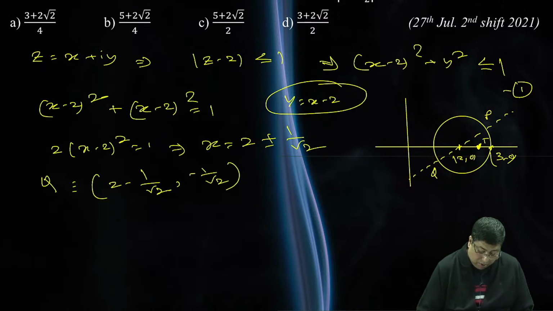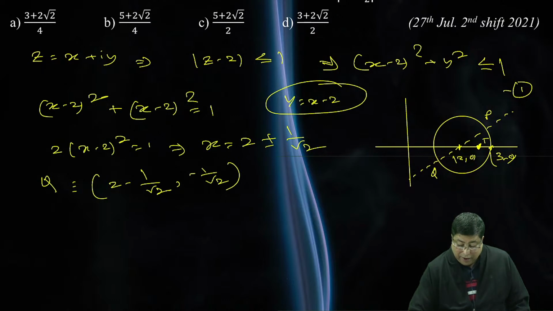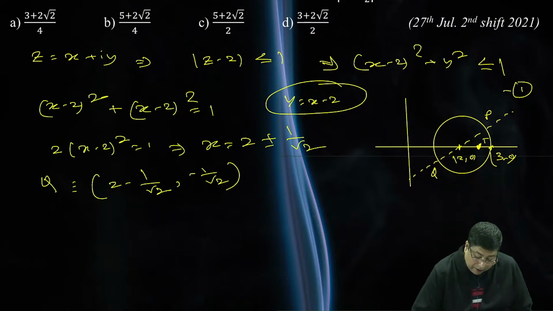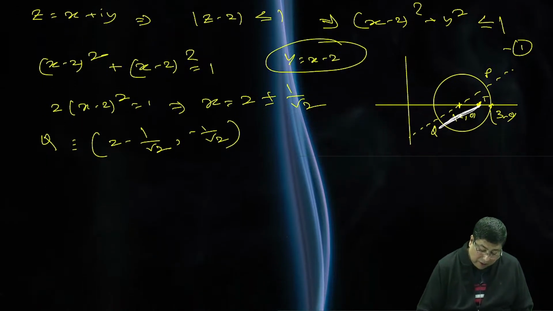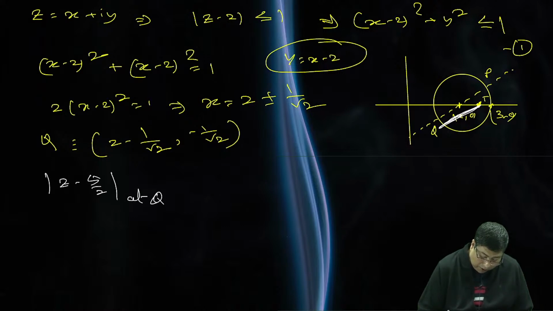Minus 1 by root 2, and target is this. Target is this is the maximum value, and it would have been minimum, then PT would be the minimum value. Okay? So, let us get the maximum value of here. We are getting mod of z minus 5 by 2 at Q point. Okay? So, we are getting here that 2 minus 1 by root 2